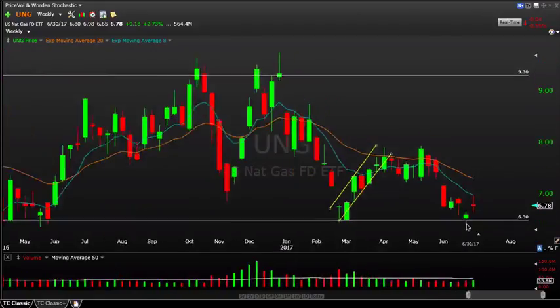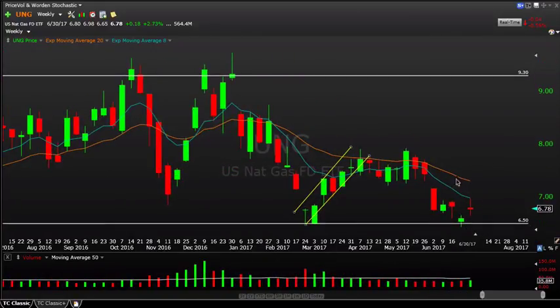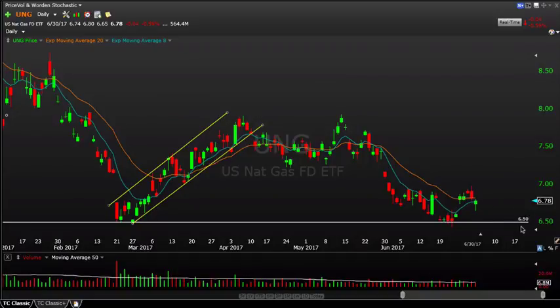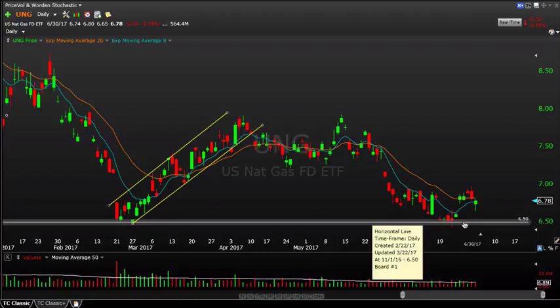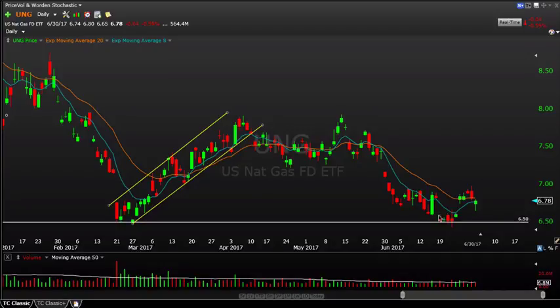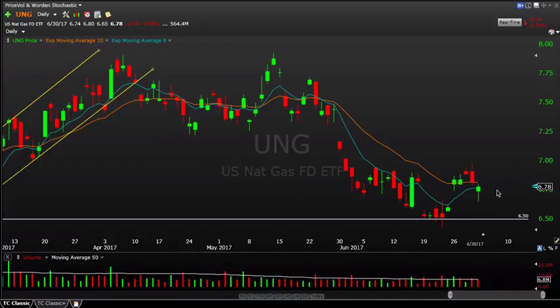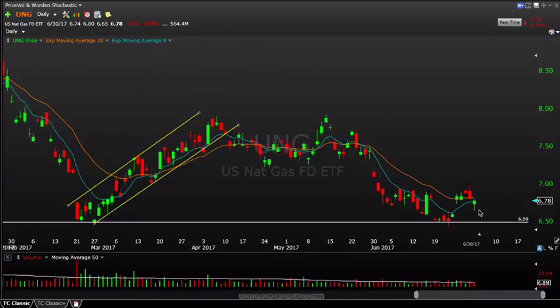Natural gas also had a little bit of a bounce this week. We had 2.73% higher on the week. The weekly chart still looks pretty horrible, but if we go down here, you can see we are holding where we wanted to, which was the 650 level, which were the lows here from earlier in the year in February, March. So we did hold this 650 level. Maybe you got some early stages here of an inverted head and shoulders forming. If you drill down to a 60-minute chart or something, that might be a little clearer. Not too sure though, haven't looked closely at it.